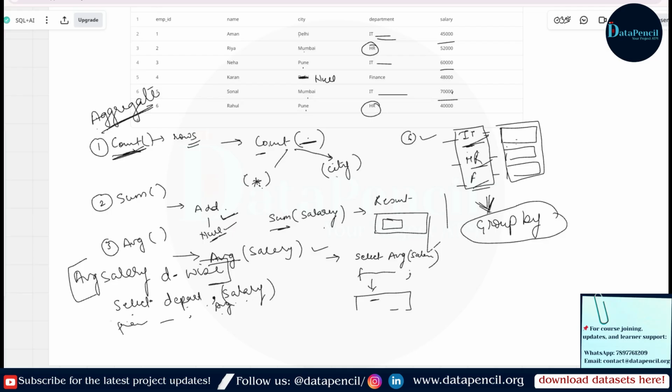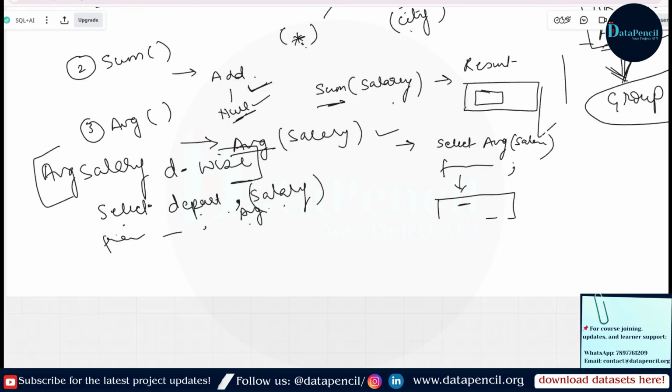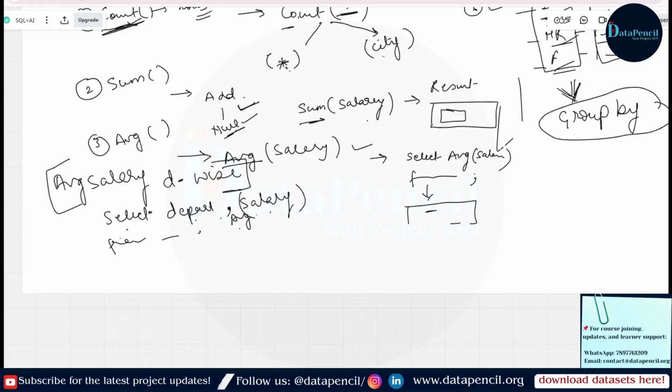After that we will mention this group by, that we want this in groups. Group by what? Group by department. So this will be our code.